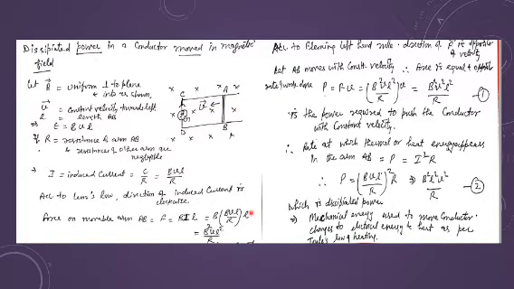And the magnitude of the force, which we have already discussed as the Lorentz force when we discussed the magnetic effects of current, can be written as magnetic force BIL, and the value of I we have calculated as BVL by R. So you can put this value BVL by R into I, and we get B square L square V upon R. This is the force which is acting in the direction opposite to the velocity.